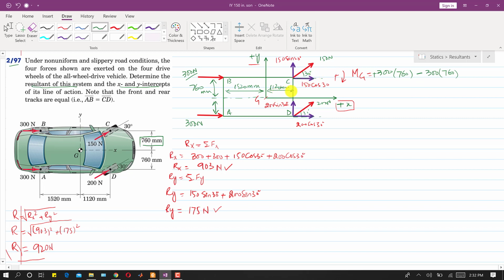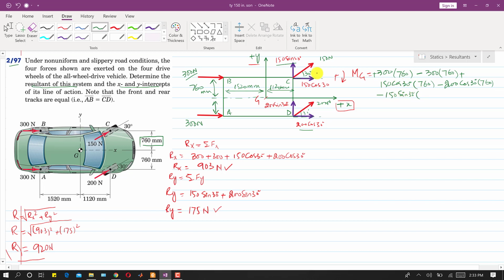Now we will find the moment of this cos component. The perpendicular distance of this cos component from G is 760, and it is producing clockwise moment, so I will write plus 150 cos of 30 into 760. Similarly, this cos component is producing counterclockwise moment about G, so I will write minus 200 cos of 30 into 760. And now this sine component is producing counterclockwise moment about G, so I will write minus